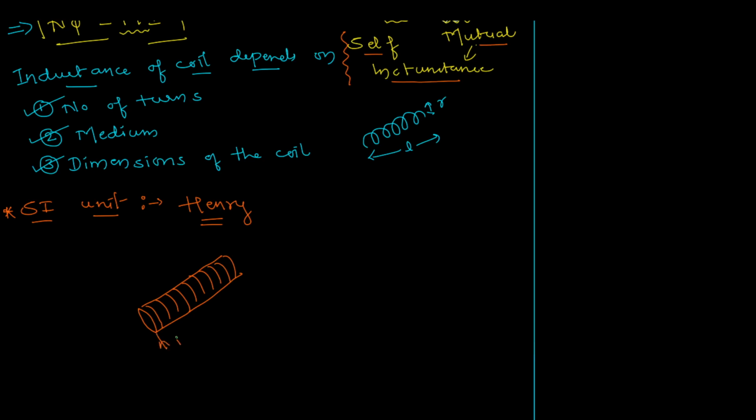Current enters from here and the same current leaves from here. If this current is constant, that's the end of it; you are never going to have any induced EMF across this. However, if this current is changing with respect to time,